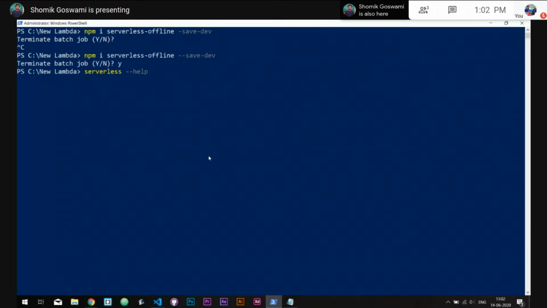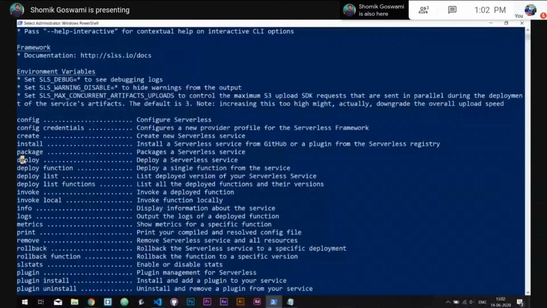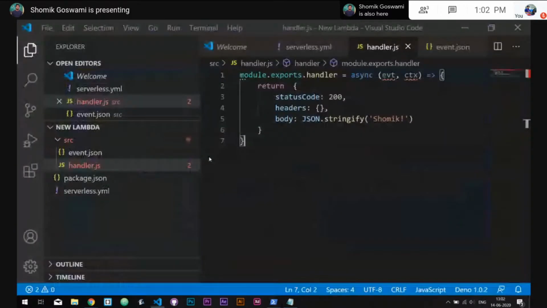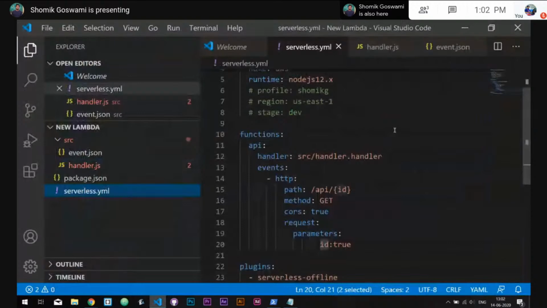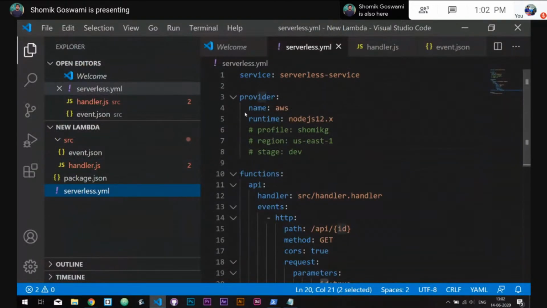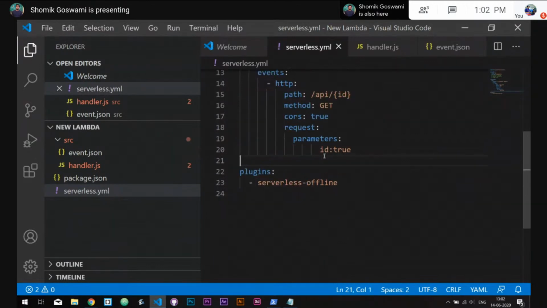There are a couple of things to note. One way to do that is by using this deploy command, which says that it deploys a serverless service. So what is this serverless service? Remember, if you go back to our serverless.yaml file, we did mention a service name here. This is the serverless service. You can name it anything you want. Basically, this service consists of pretty much all the functions that you are going to list down here in this YAML file. You can also have multiple services in a single repository. You simply put them in